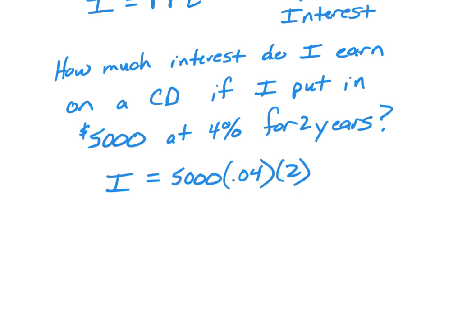Right. And I gave you a real basic one here. I could give you the interest and the rate and the time, and we would have to figure out how much money do I have to put in to earn that much interest. And so you could put in any unknown here. But this one, we're just going to straight multiply. So if I take 5,000 times 0.04 times 2, how much